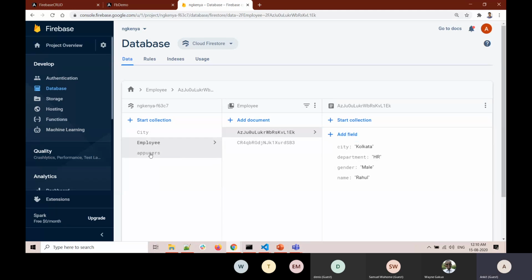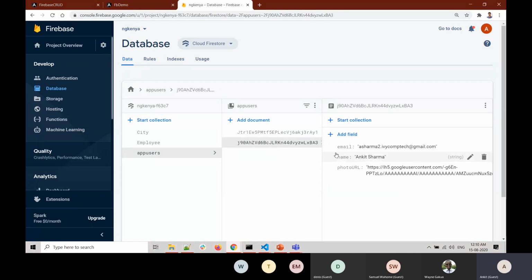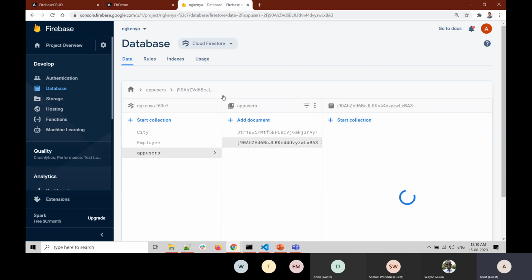Also here you can see the app users collection is created, and here you can see I have logged in with two of my email IDs, and here you can see the data corresponding to that. My email ID for which I have logged in, the name which I have used in my email ID, and the photo URL. So this all is provided by Google directly. Once the user logs in, the Google authentication will send you the app data, which contains all this data along with a lot of other data also. But I am using only these three set of data here. So that is how this app user collection is working.